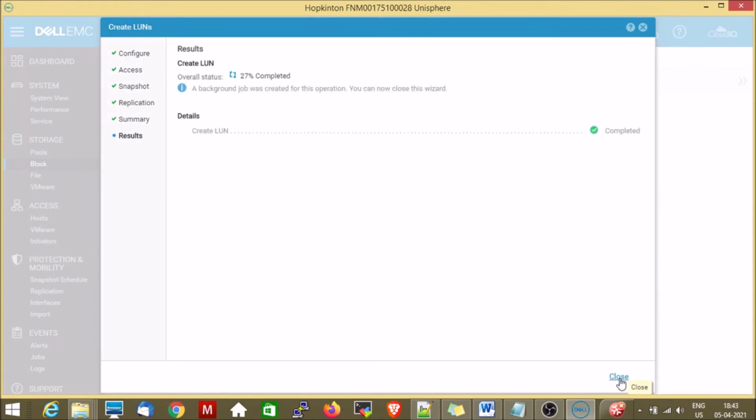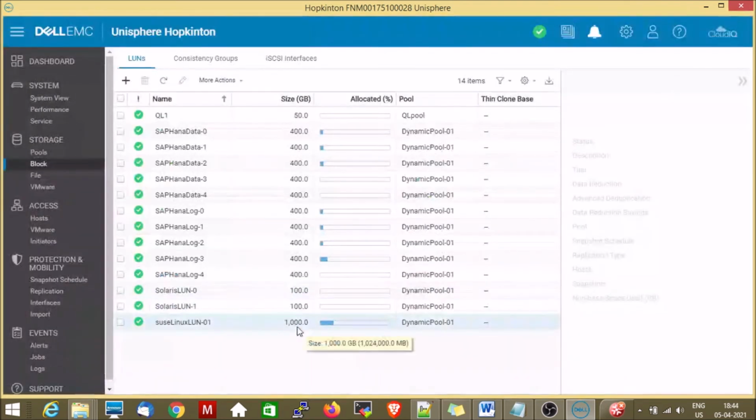It is creating a LUN now. 35%, 60%, 84. It's completed. Great. So let's close it, and you can see QL1 is available, and we have mapped it to the host also. Same way, if you want to create a